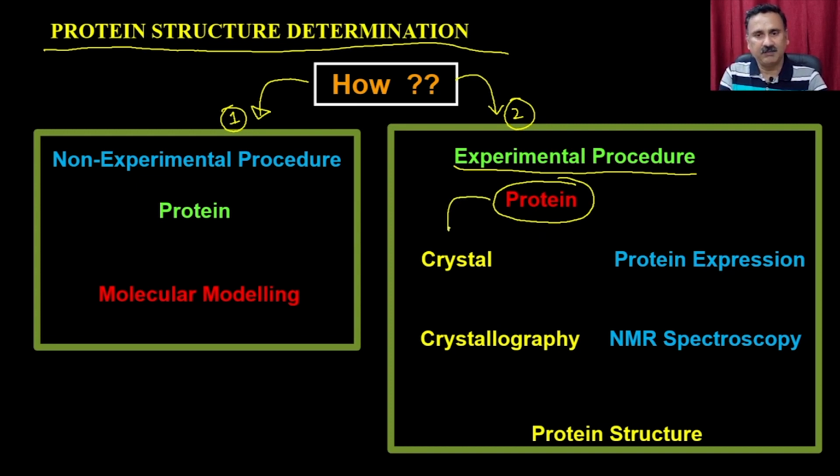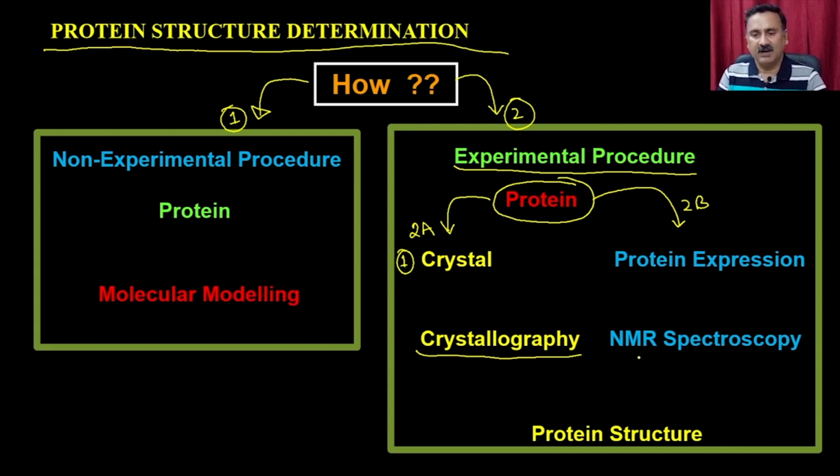One is called 2A, and the other is called 2B. This first one is called X-ray crystallography, and in this the major step is that you generate a crystal of this particular protein,